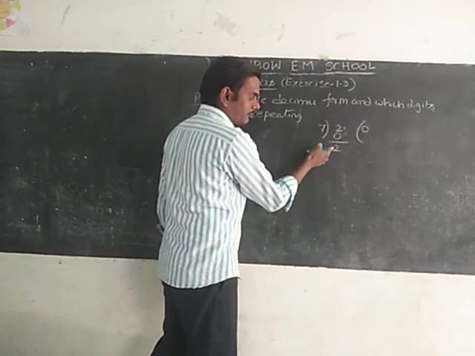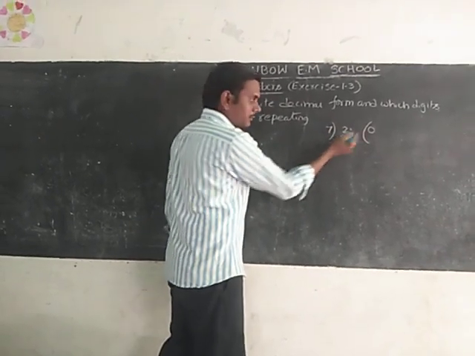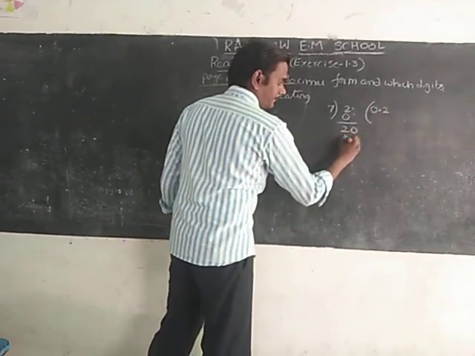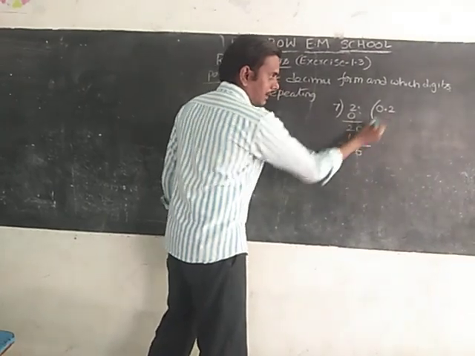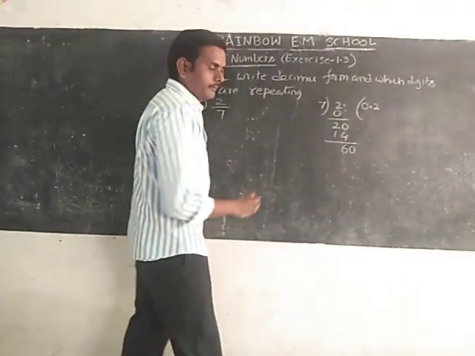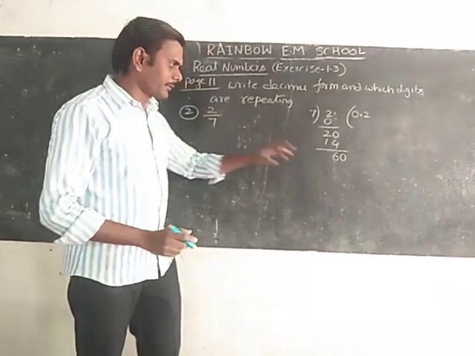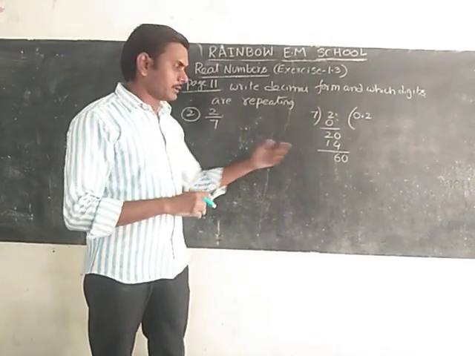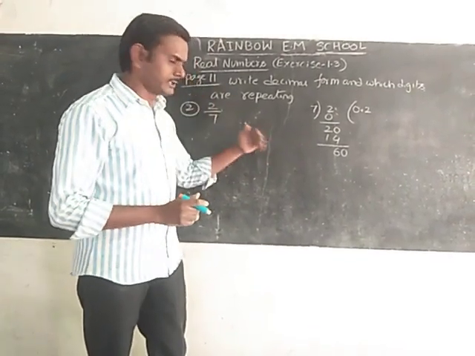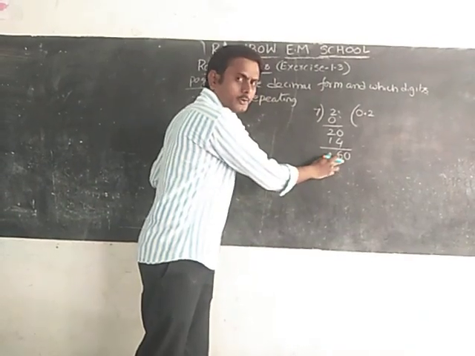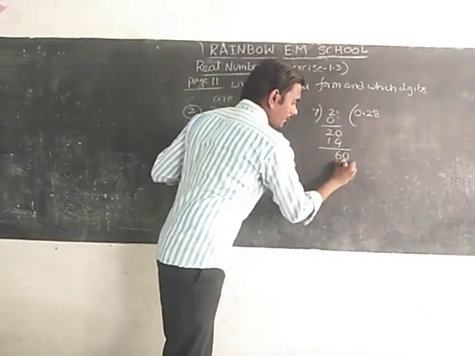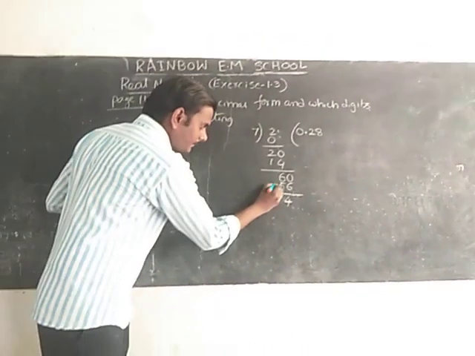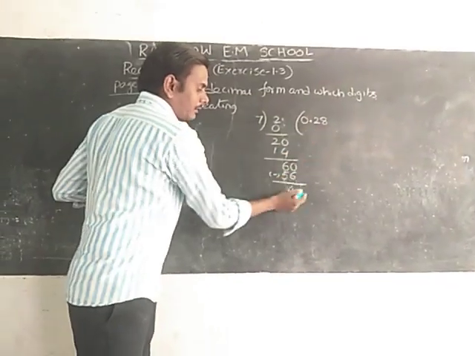Again we have the same number only; it will not divide further. So take a point at the quotient place and take 0 here. 7 twos are 14, and the remainder is 6. After taking the point, we take 10. 7 ones are 7, 7 fives are 35, 7 sixes are 42, 7 sevens are 49, 7 eights are 56, 7 nines are 63. 63 is bigger than this number, so 7 eights are 56. Remainder 4.